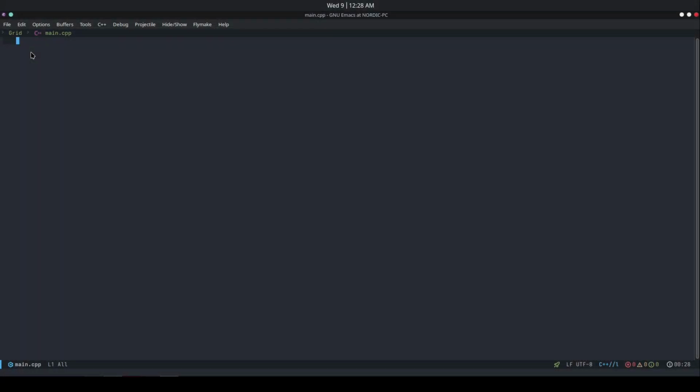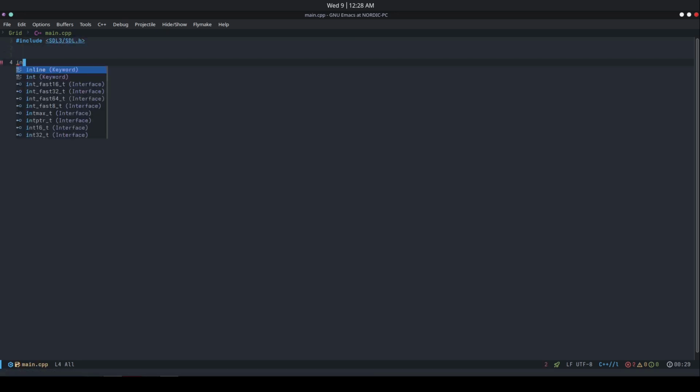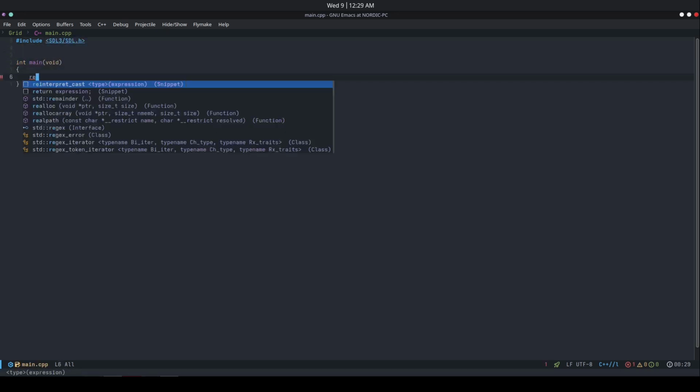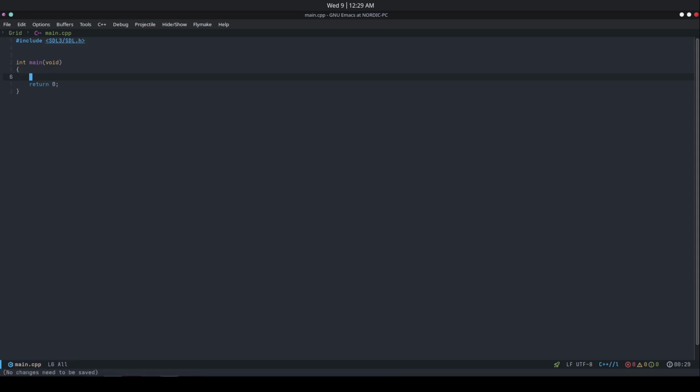Well, it's midnight, and I'm here listening to some Dungeon Surf, and I thought I would put something together. And you already saw the title. We're going to put a grid with SDL3, and